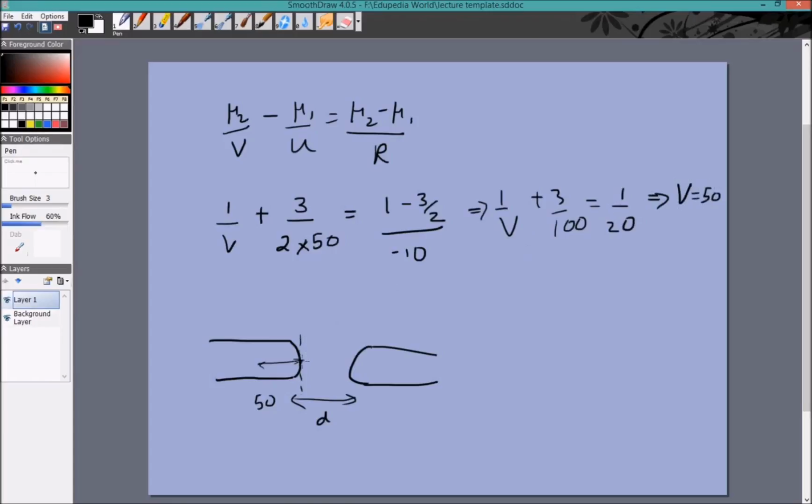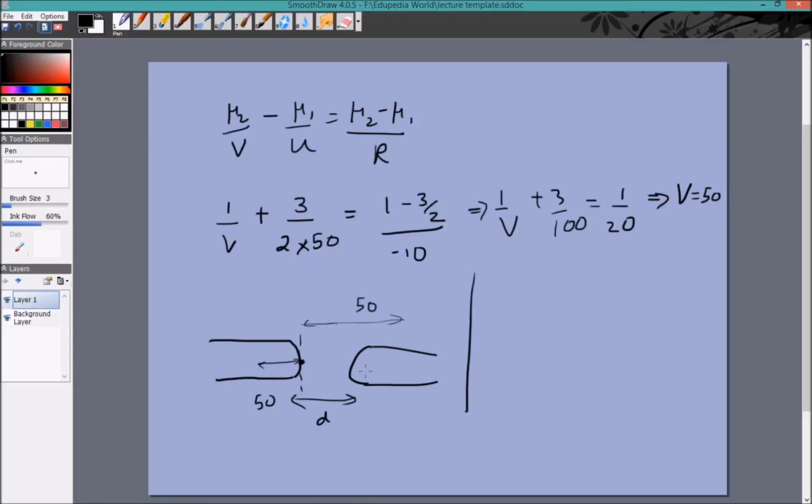Right. So now from this it will be another 50 centimeters. Now 50 could be inside this or outside things depending on the value of D. But wherever it is, let's assume it is outside. So let's assume this whole distance is again 50. That means we are assuming D is less than 50. If that is not true, in the end we will just get the opposite answer. The sign will be negative.